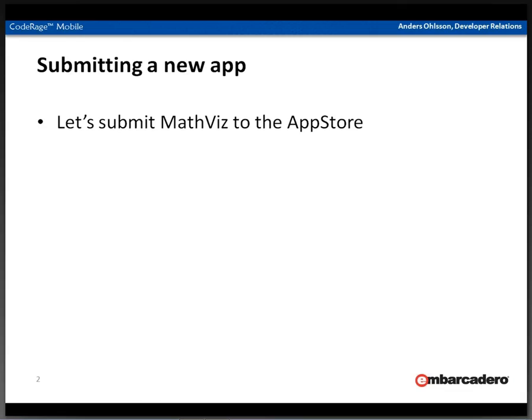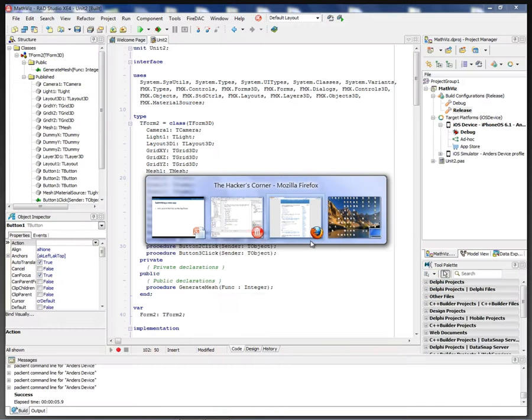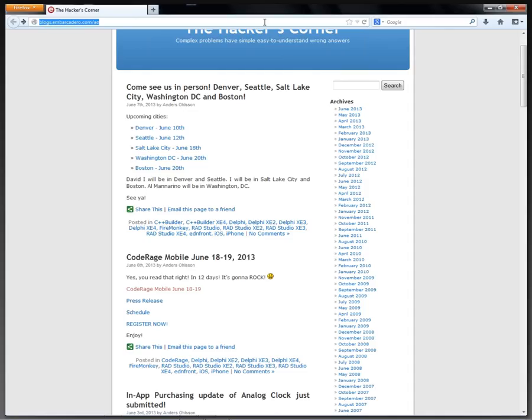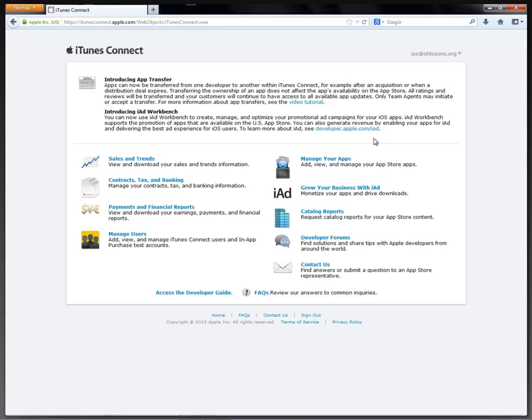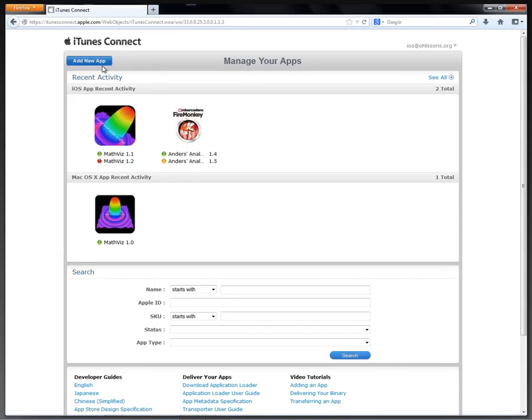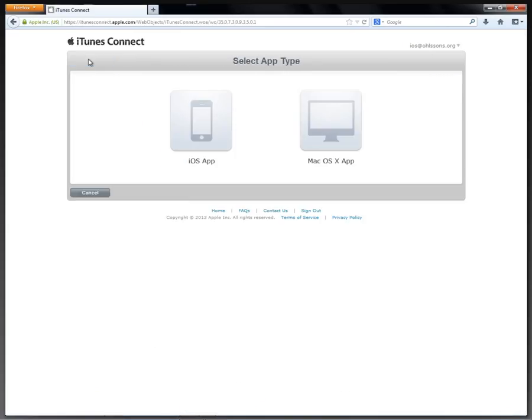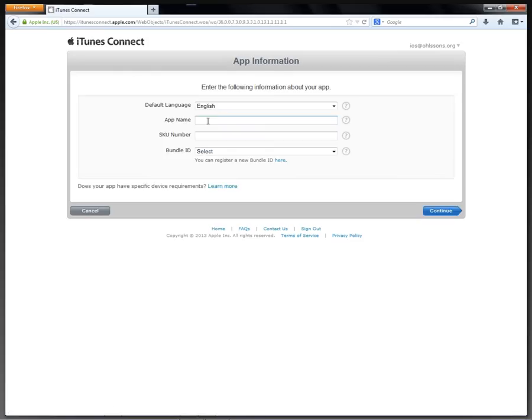So let's start out with submitting a new application. We're going to use my MathViz application and submit it as a new application to the App Store. So let's start from scratch here. We have to log into iTunes Connect. We click on Manage Your Apps, and we go ahead and say Add New App. We want to add an iOS app. We're going to call it MathViz Delete Me